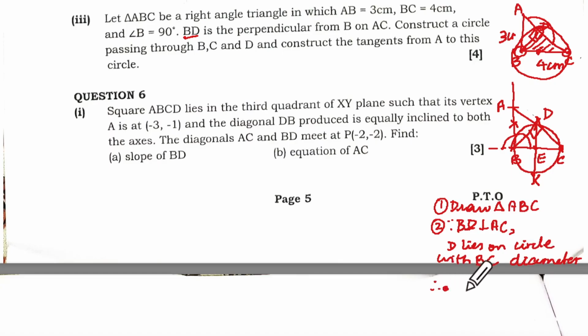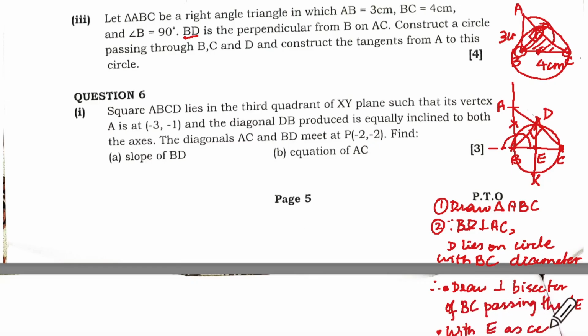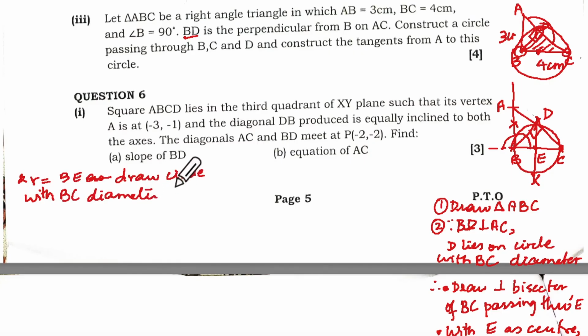Therefore, the first bullet, draw perpendicular bisector of BC passing through E. Then the second bullet, with E as center, comma, BE and radius equal to BE, draw circle with BC diameter to cut AC at